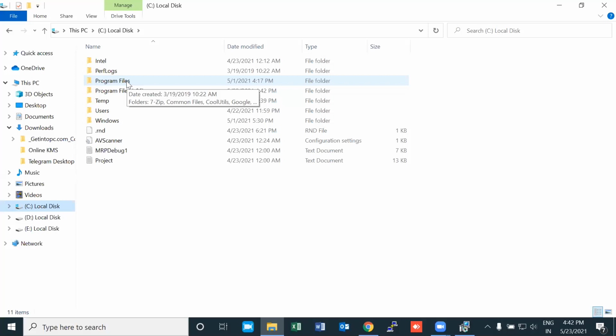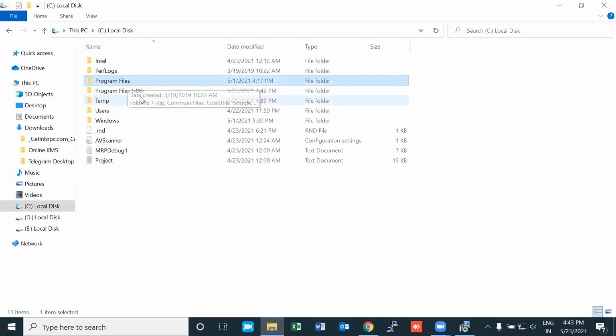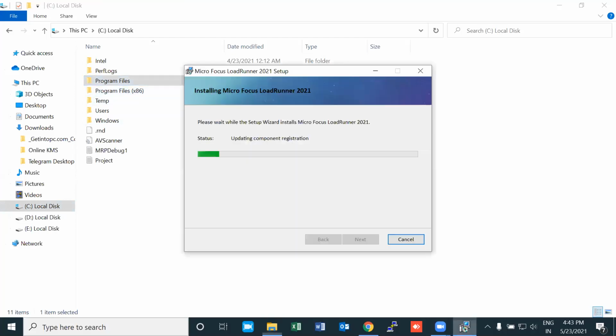Program Files is used for 64-bit, right? So this Program Files x86, all 32-bit software will be installed in this folder, whereas all 64-bit software will be installed in the other folder, right? Let's see the installation.